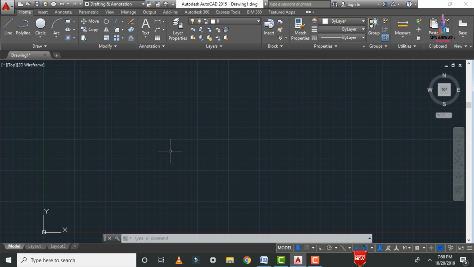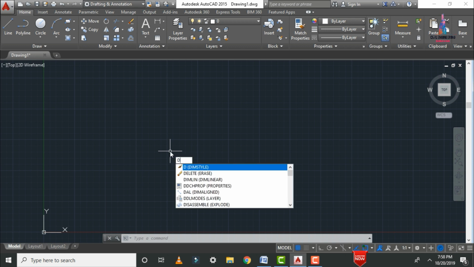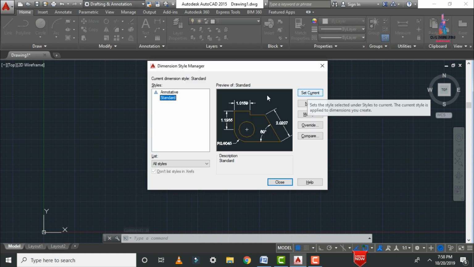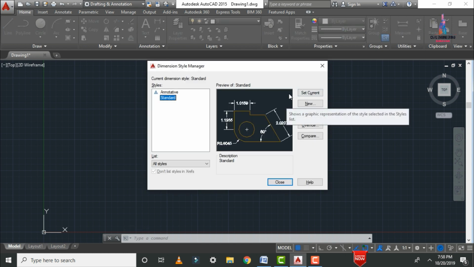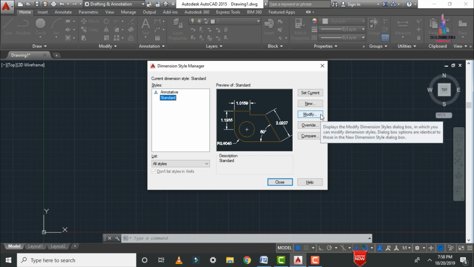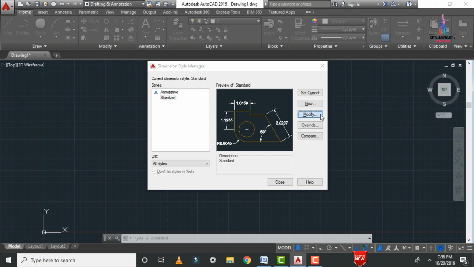So here, as per the plan considerations, as per the 2D section considerations, we are selecting the commands as per the engineering section only. So the dimensions also we need to consider as per the engineering section only. For that we have to click on D, enter, the dimension style option. Here we have to select the dimension style as per the new, modify, or select current. Here we will modify as per the standard systems. So click on the modify option.